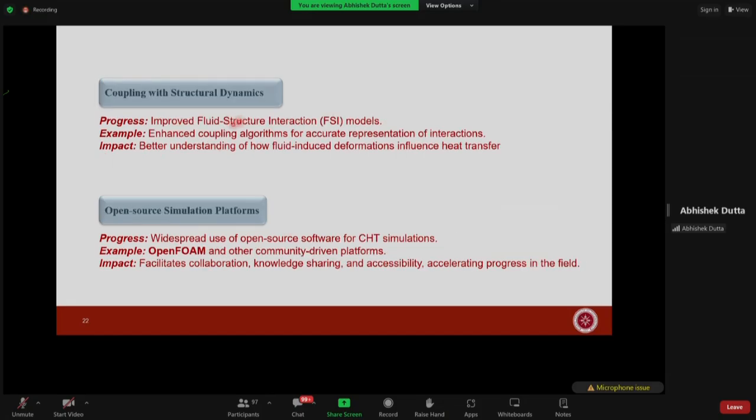Coupling with fluid structure interaction is very interesting work also. Some work is being done on this, but it is very slow, not much. So these are all the research gaps that still exist. This coupling is so important in order to accurately measure that interaction that I talked about. And of course, the open source, you already are aware that in this workshop the whole idea of using the widespread use of physical knowledge is by using open source platforms, in